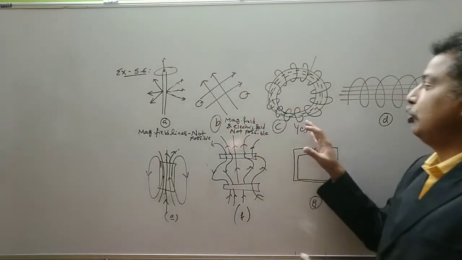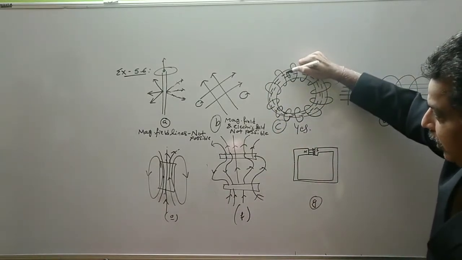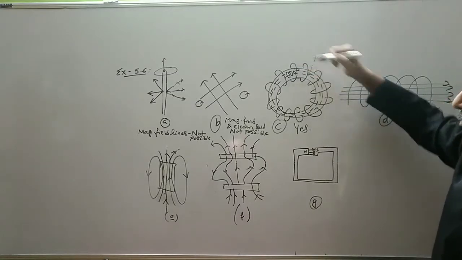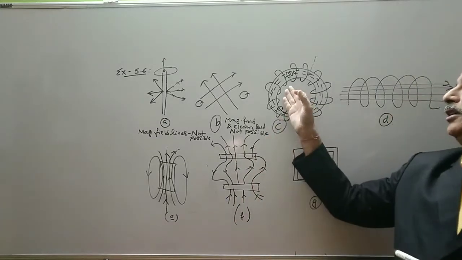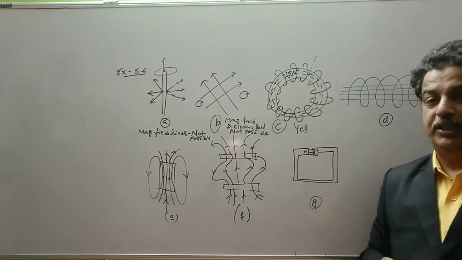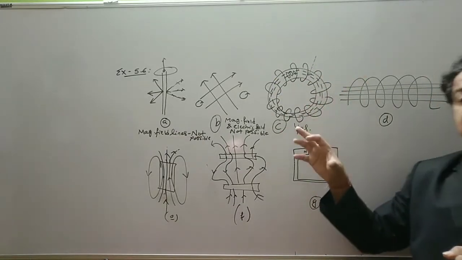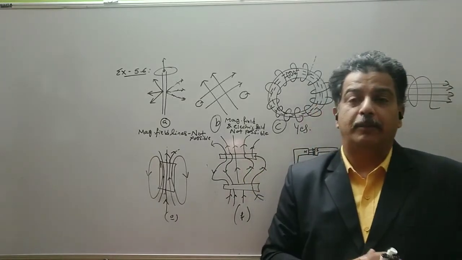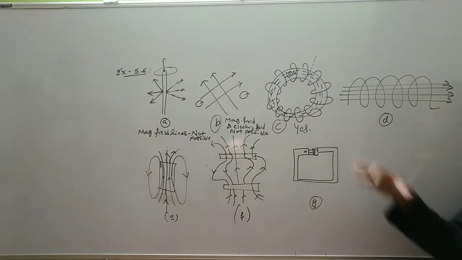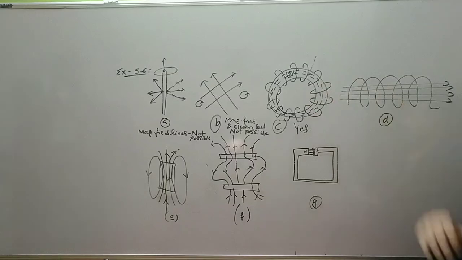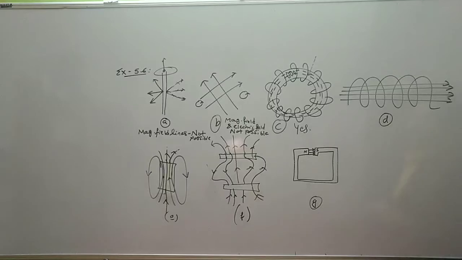See the case of a toroid, it is a closed loop. So you have small dipoles in it with one face a north pole and another a south pole. These are circular loops which are arranged on a non-conducting substance. So it is not necessary that we will always get a north and south pole in the magnetic field lines. These magnetic field lines form a closed loop where you cannot find the north and the south pole. So yes, magnetic field line is possible. Electric field lines can never form a closed loop.